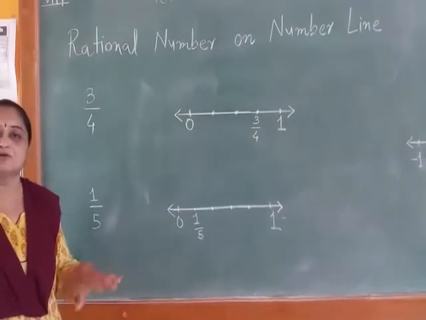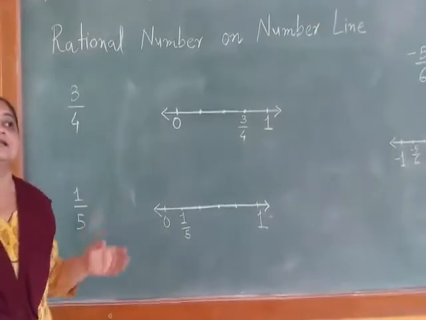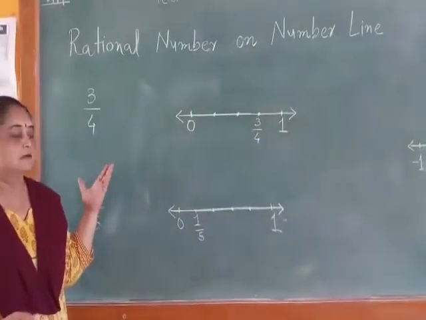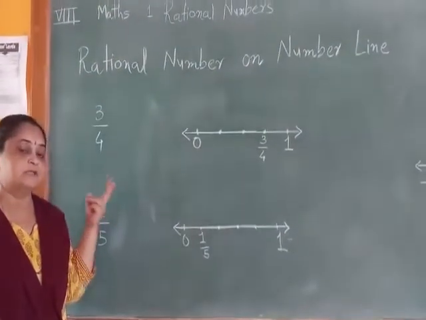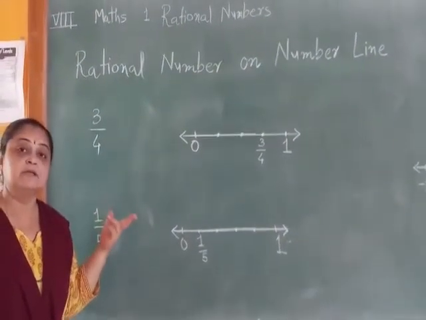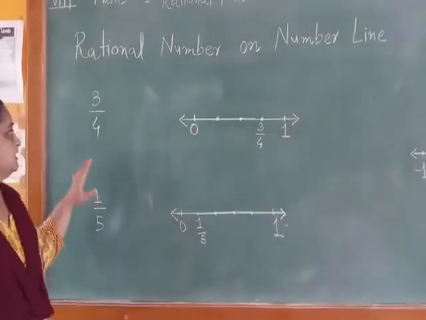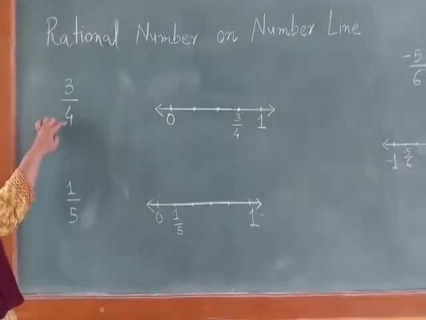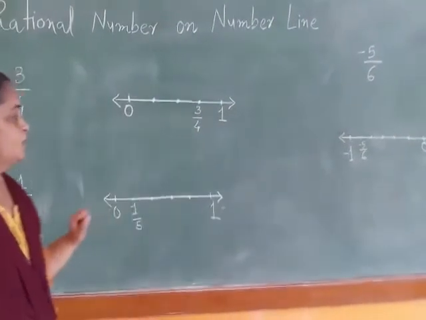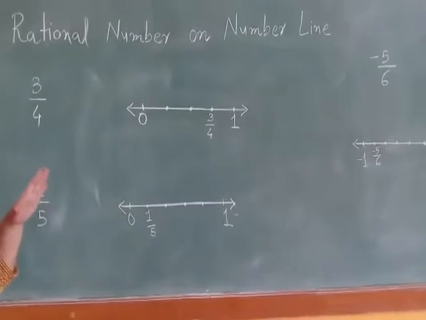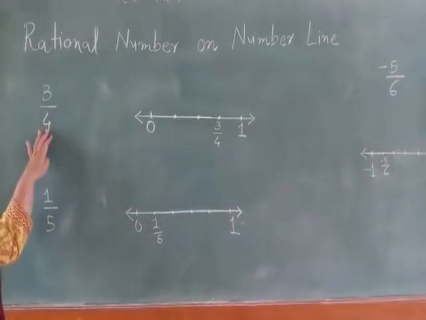There are three types of rational numbers which we can easily represent on the number line. It is a fraction in which the denominator is bigger, second, if the numerator is bigger, and third is decimal numbers. So the first one is when the denominator is bigger. So the number is between 0 and 1. How many points between 0 and 1 should we take? If 4 is there, then we should take 3 points.